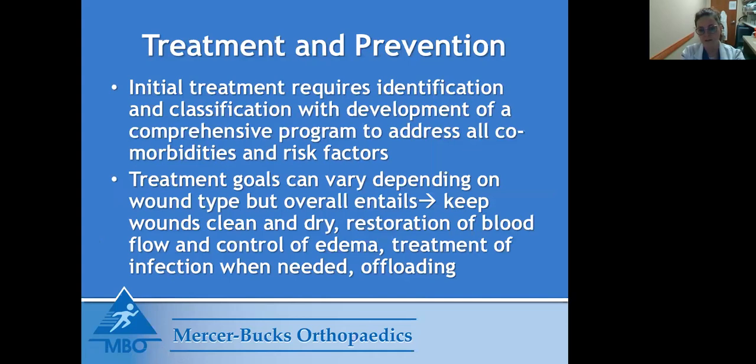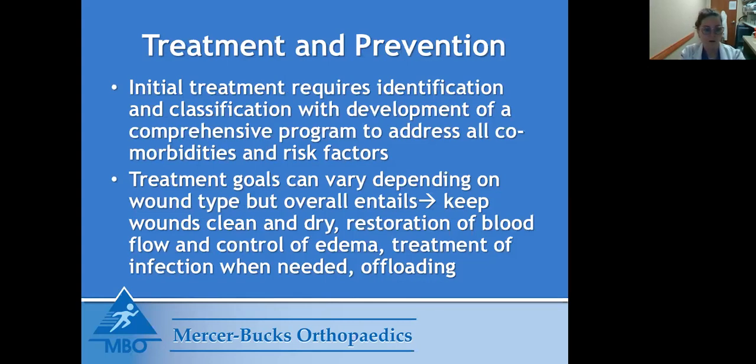So moving on to treatment and prevention. Overall, what's the most important is that you identify the type of wound that you have, because then the treatment is going to be dictated. The initial treatment requires identifying it and then classifying it if necessary, and then developing a comprehensive program to address all the comorbidities and risk factors. If you don't address the comorbidities and risk factors, then certainly you're going to have a poor outcome,